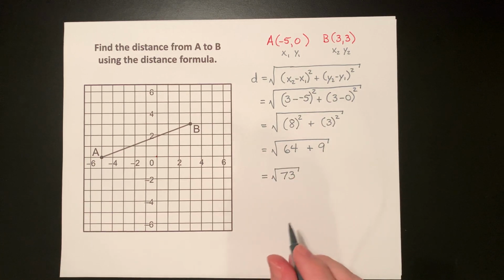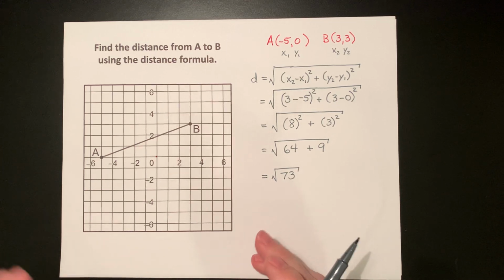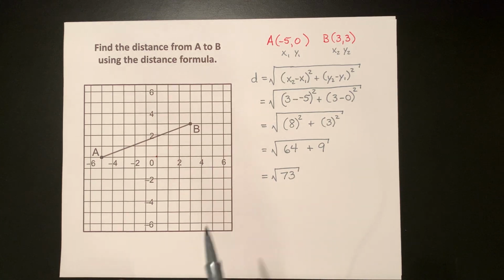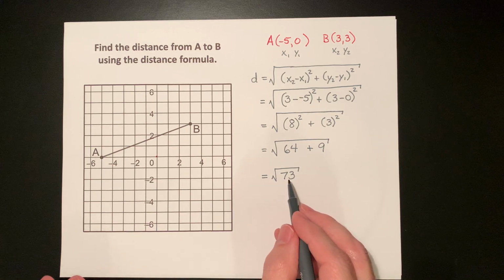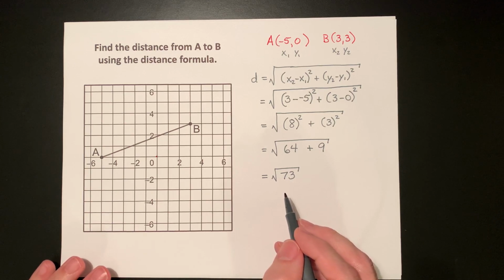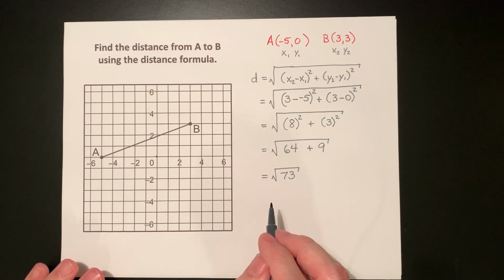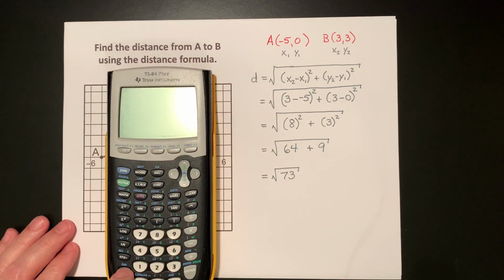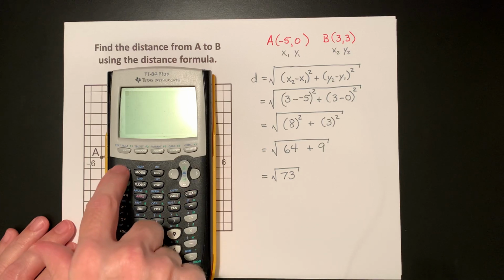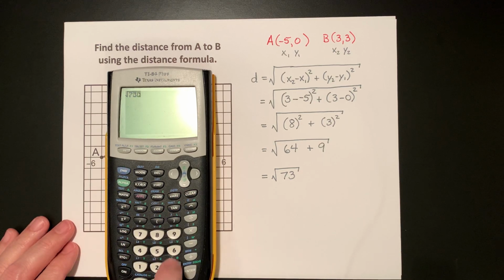Now at this point it depends on how your teacher or your test or how you want to use this as far as what form it's going to be in. If you want a radical, then we're good. We have our answer in the form of a radical. If you want it as a decimal, you're going to have to use a calculator and input this into the calculator. So when we do that, the square root of 73